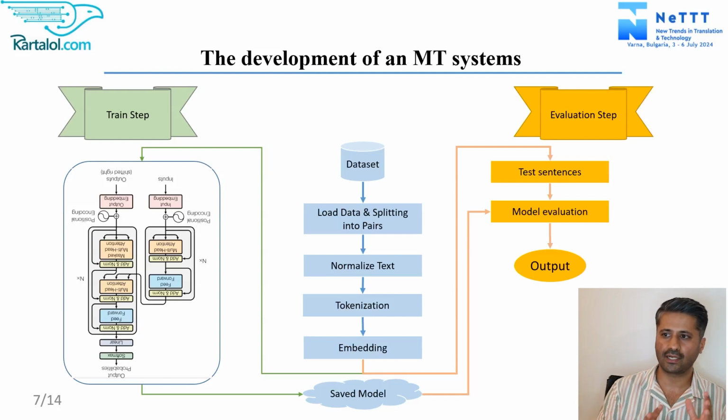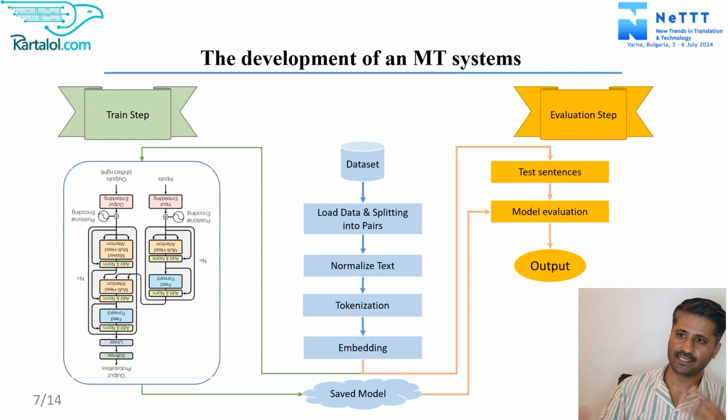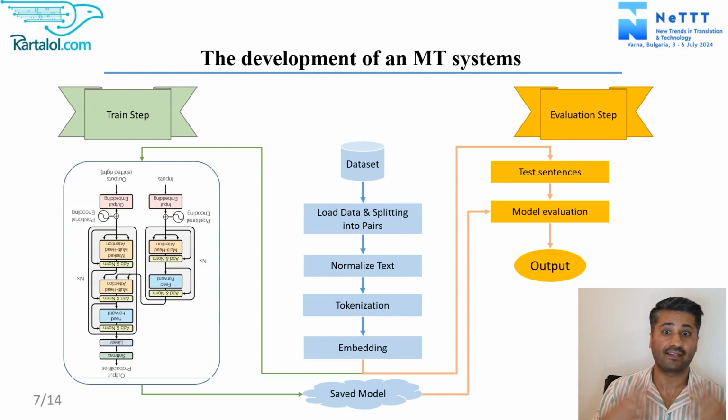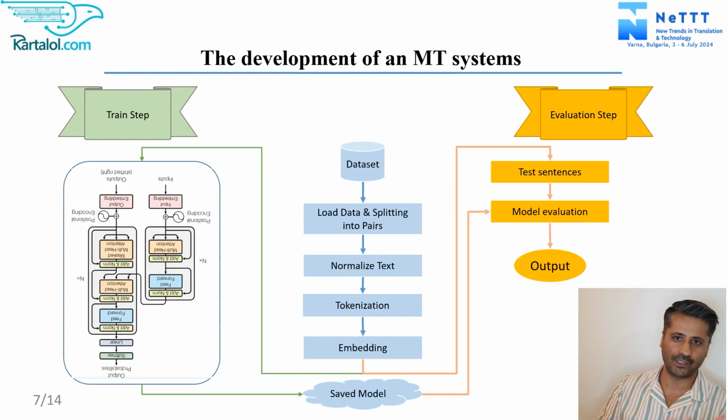These pairs are the inputs and outputs we will use to teach our model. So we have data processing: normalizing the text, tokenization, and embeddings. Maybe because of time I will not go into the details, but I will try